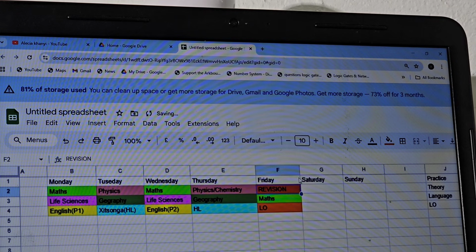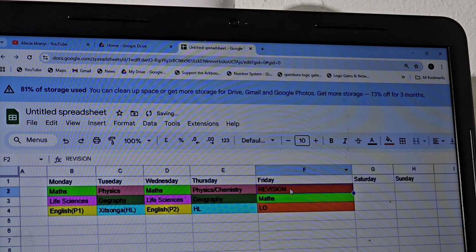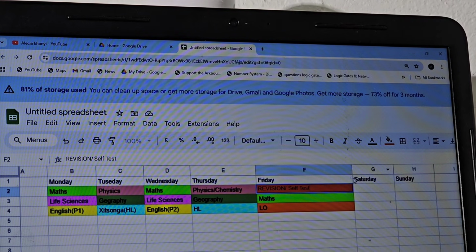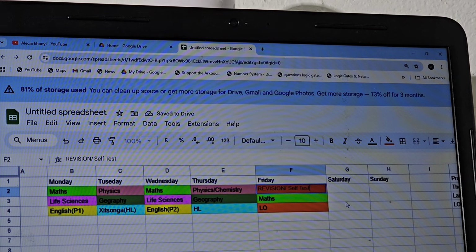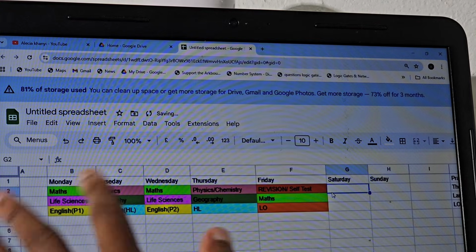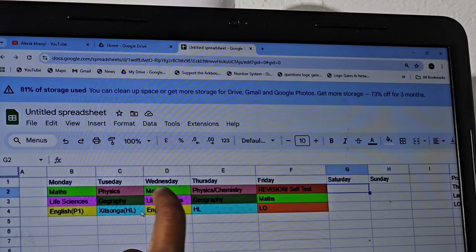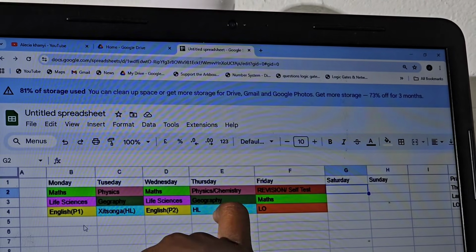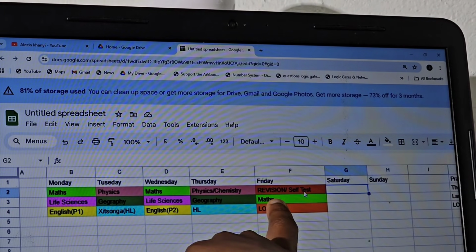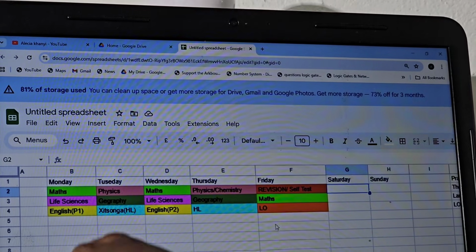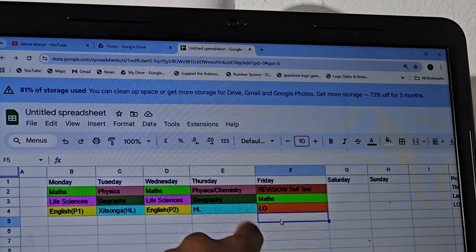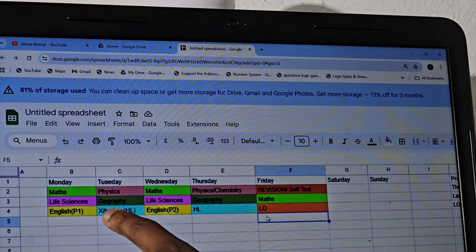By revision, I'm referring to something like self-test day, having something like self-test or self-assessment using past papers and all this kind of stuff, right? And then on a Saturday, remember we're still keeping the balance, right? We check, okay, fine, how often am I showing up for a particular subject? Let's say maybe you haven't gotten to your revision part yet. You can squeeze in something like, wait, okay,